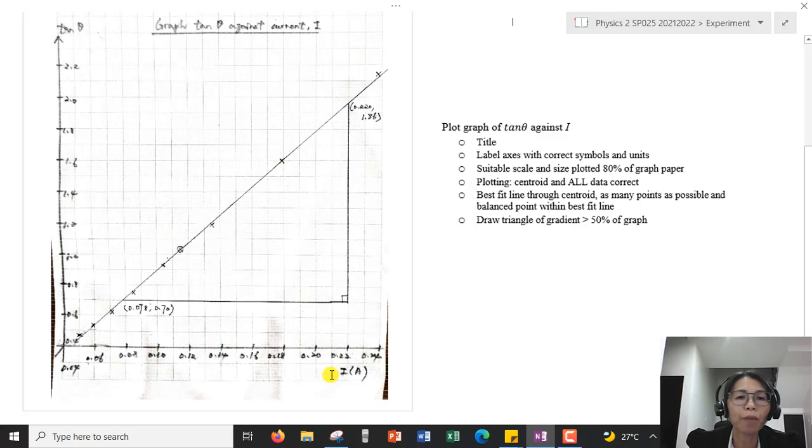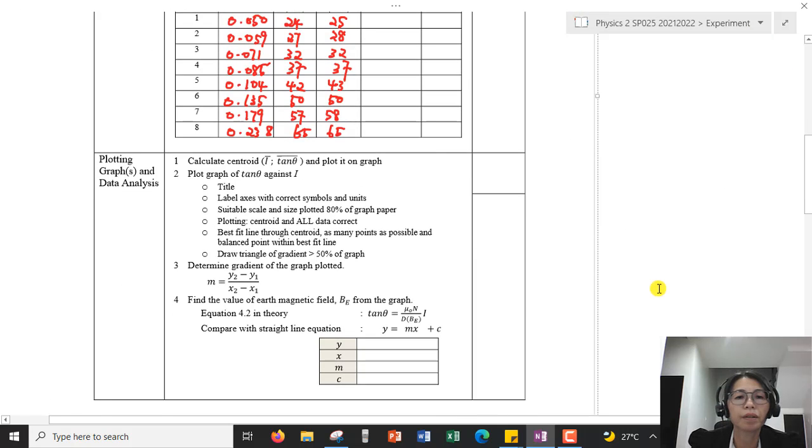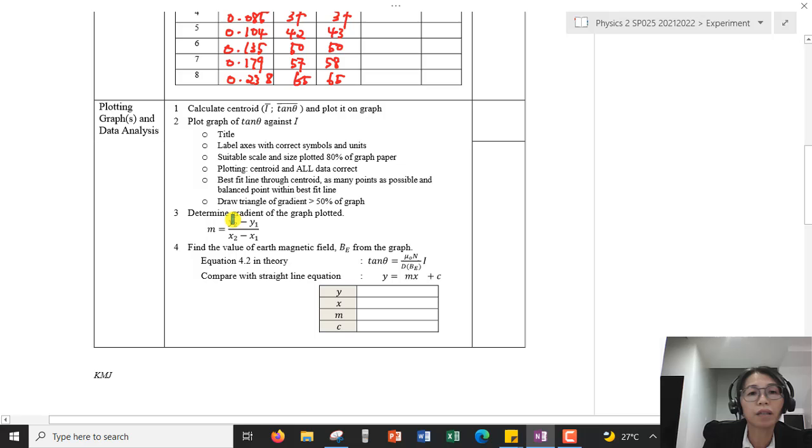After you have plotted the graph, draw a gradient triangle, whereby your triangle should be large enough, more than 50% of your graph. Read the two coordinates on the triangle drawn to calculate the gradient. So determine the gradient of the graph, okay, and then find the value of the Earth's magnetic field BE from the